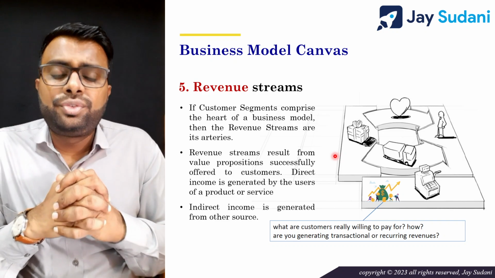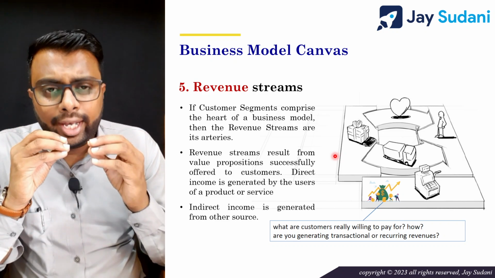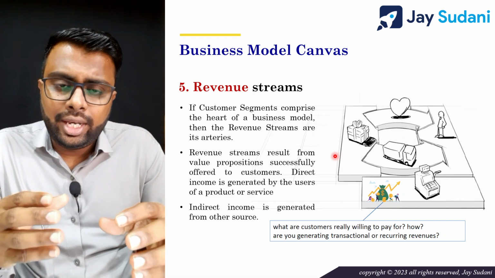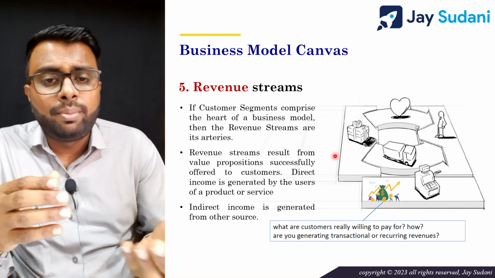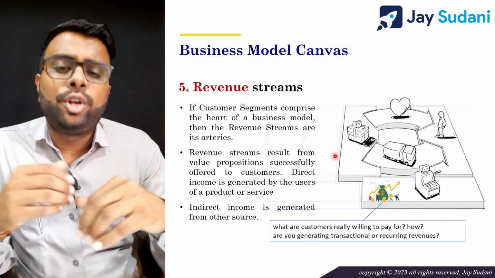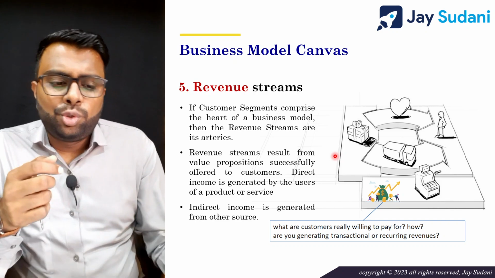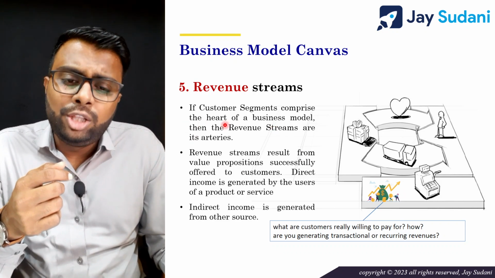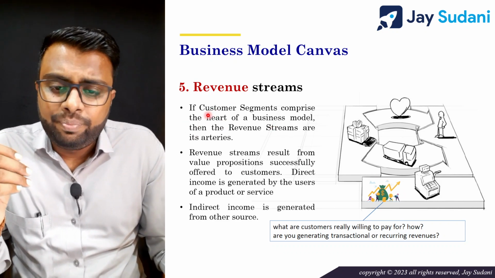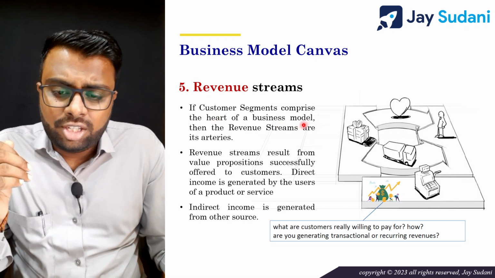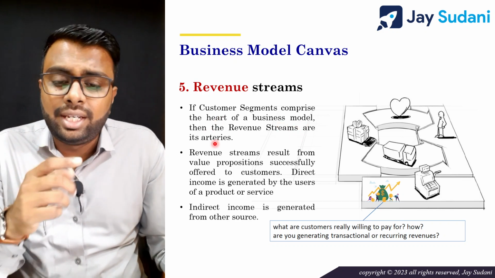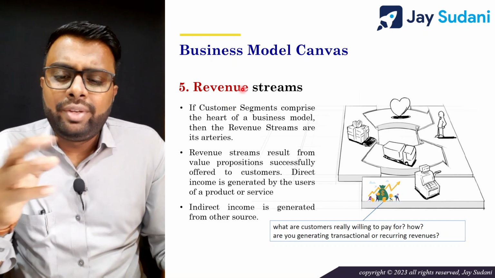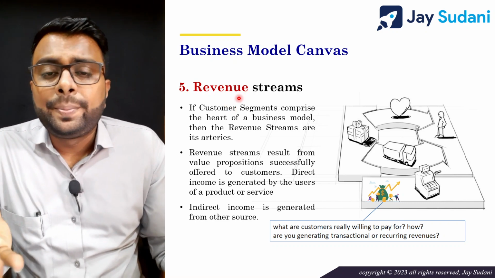5, revenue streams. As per your plan, mention all those areas and plans with the help of which the money is going to be credited into your account. Money will come to your account, right? So what are your revenue streams and how are you going to earn money out of them? Mention all those direct and indirect revenue streams. If customers are the heart of the business model, then revenue streams are the arteries. Without revenue, the business will not function, the startup will not function. So it is very, very crucial that you define the revenue streams and in what way you want the revenue